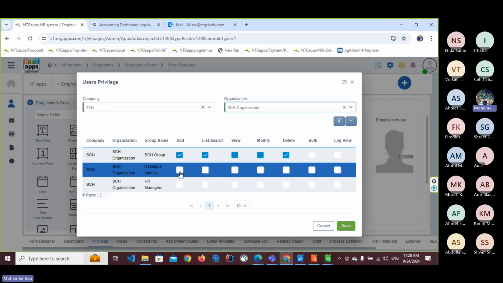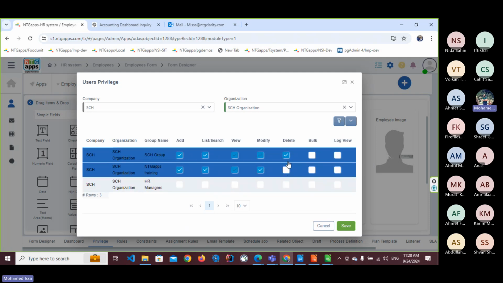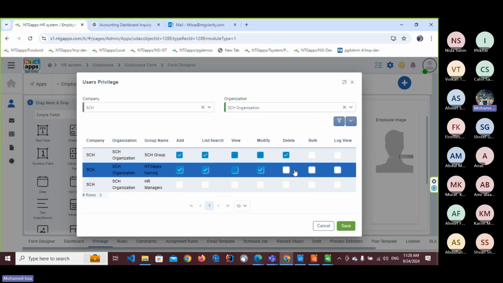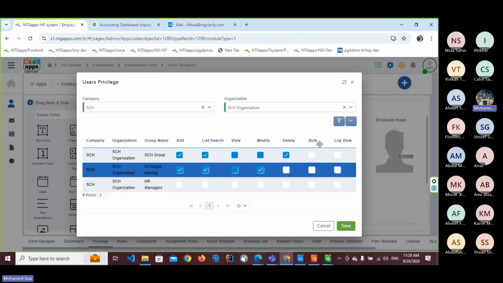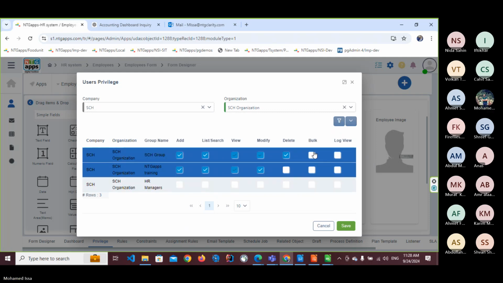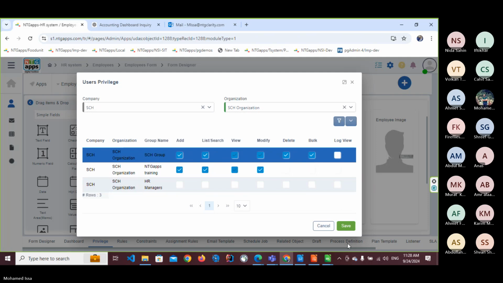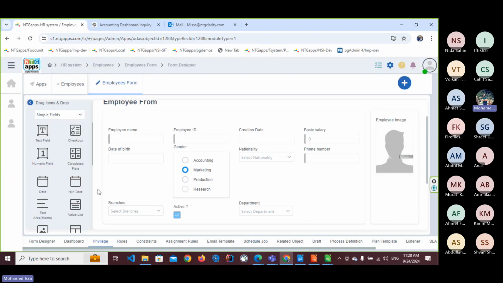Let me give this group the privilege to add. So this group now will have the privilege to add, to list, view, modify, and delete records. If I want to give the privilege to delete, I can also. Okay, bulk. This is an option also to bulk data. Let me show you. If I give this group privilege to bulk and save,